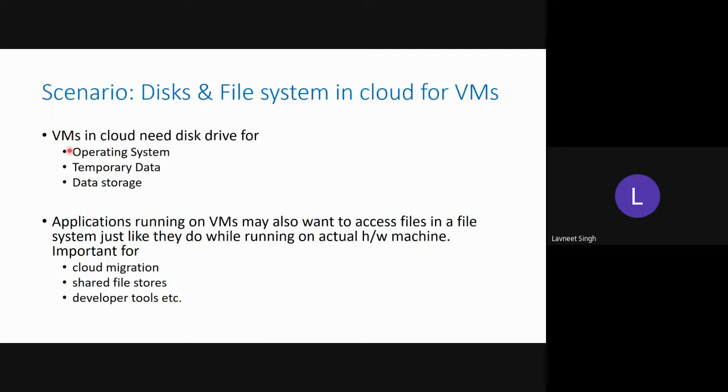These are the business scenarios, right? I want to have an operating system on a disk. I need a disk for the VMs. I want data storage in the virtual machine because I am migrating my machine from my office to the cloud. Operating system storage and temporary storage may not be sufficient, so I will use the data storage as a disk service. That is why Azure Disk is there. That is why EBS is there, Elastic Block Store, right? So you need to